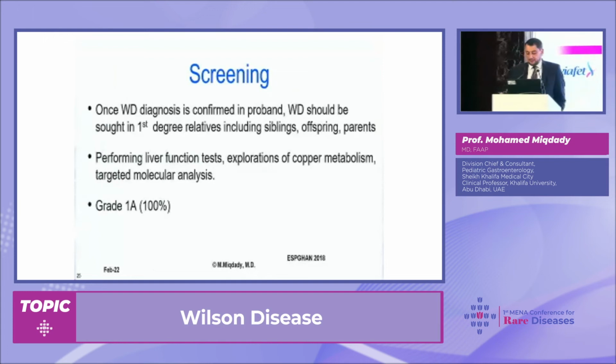All right. When you diagnose patients with Wilson, unfortunately, many times it's an advanced disease. But that's not the most important thing. The most important thing is to screen the family. As we all agree, this is an autosomal recessive disease, so there is a 25% chance that somebody else in